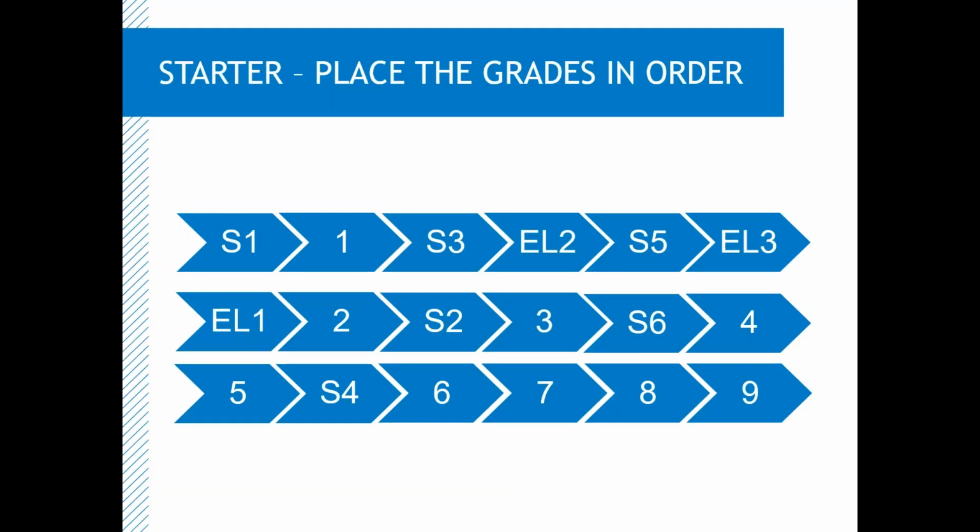So if you look at the screen, it's a little starter, a little activity. Can you think to yourself, in what order do these grades go? So from the top left to the bottom right, how would the grades work out? What would be the lowest grade in the top left, and what would be the highest grade in the top right? So I'm just going to give you a second to think about it. These are grades that are used at Rivermead, and I'll go into a bit more detail about those in a second. So if you've written them down on a piece of paper, or given it some thought in your head,